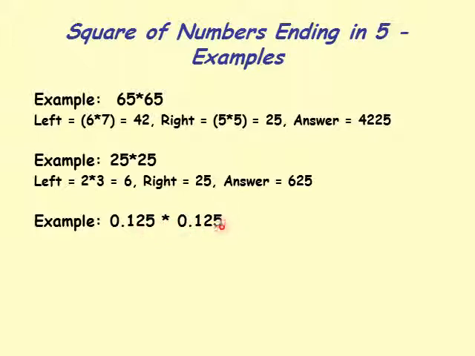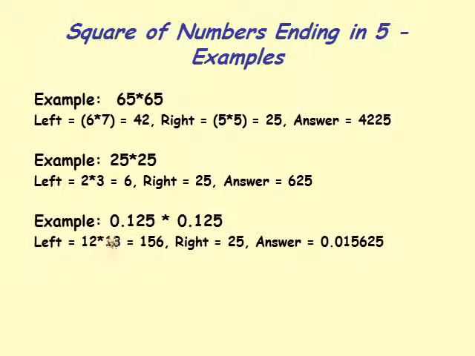It's 15625, and I need to have 3 digits after the decimal for each number, so on the right we would need 6 digits after the decimal. For that we would get 0.015625. So the answer is 12 times 13, 156, and 25. Answer is 0.015625. So the extra 0 we added is because we need 6 digits after the decimal. Right now this is 1/8, this is 1/8, and 1/8 times 1/8 is 1/64. So we just computed 1/64 is equal to